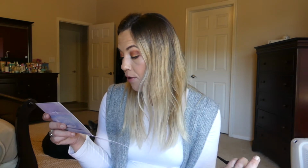So it says the large one is for liquids, creams, powders, or mineral products, and the other one is a foundation brush. I've really been into using brushes for foundation lately. I have sort of moved on from Beauty Blender. I've been using brushes for concealer, all that stuff. So definitely excited to give especially this foundation brush a try. Very interesting shape. It's 35 bucks. Okay, so the next thing I'm pulling out is from...